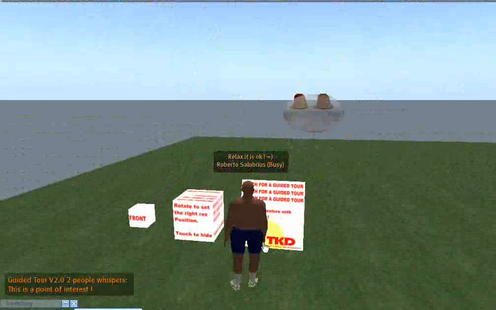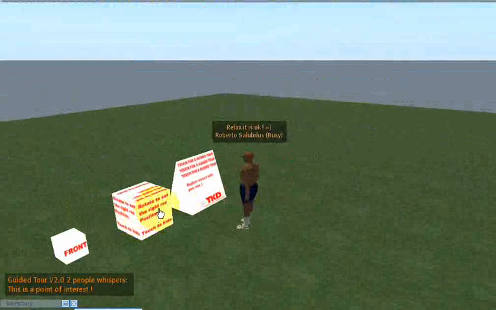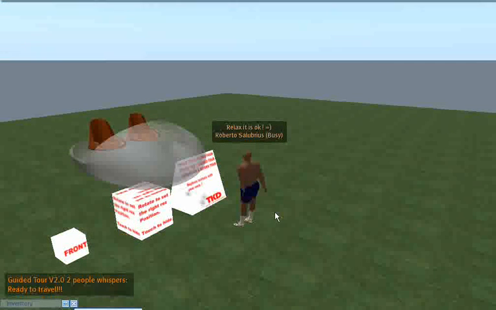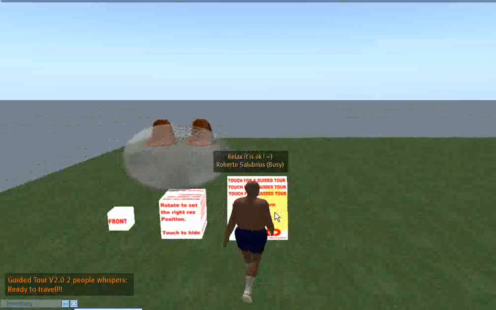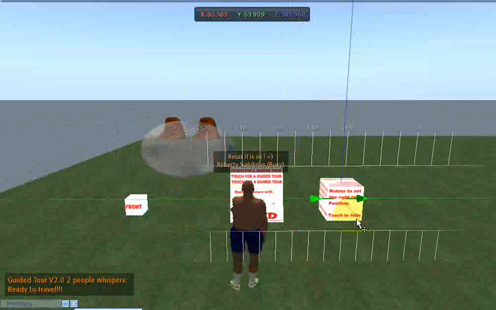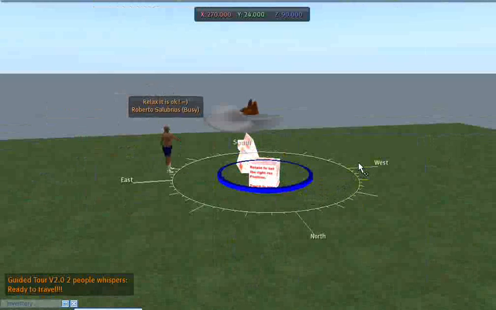Okay, now see, it's stopped there. There's no more debug information. Actually, it disappeared because, as I said, it is temporary and I'm not sitting on it, but it would have ended the path. Now let's say that I don't want the cart. If I click right now here, you will see that the cart is going to face this way, but I don't want the cart facing that way. I want this cart to start here and face this way. So what I do is rotate the rest object,